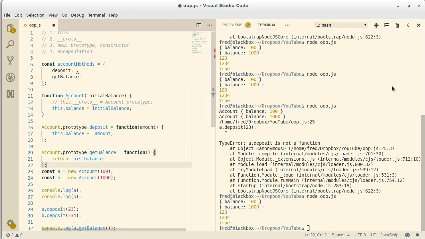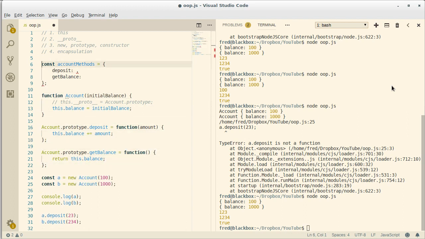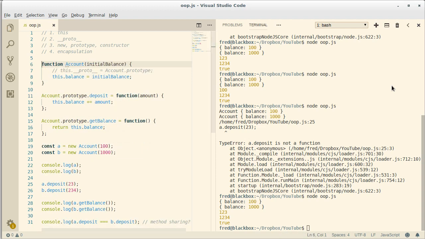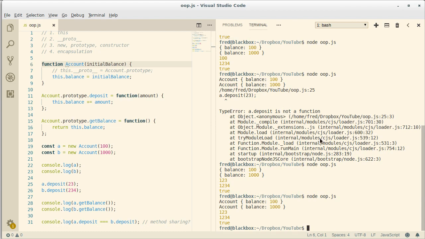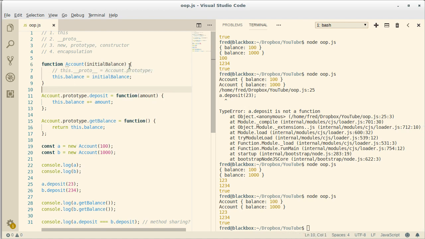There we go. Then we don't need this guy anymore. Let's see if that still works. Yeah, that still works. And what you see is, not only is this line created for us, there's another line created for us, which is